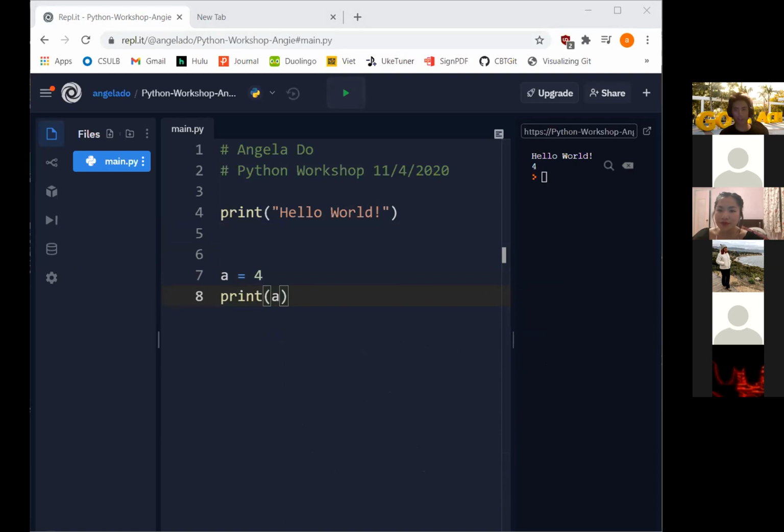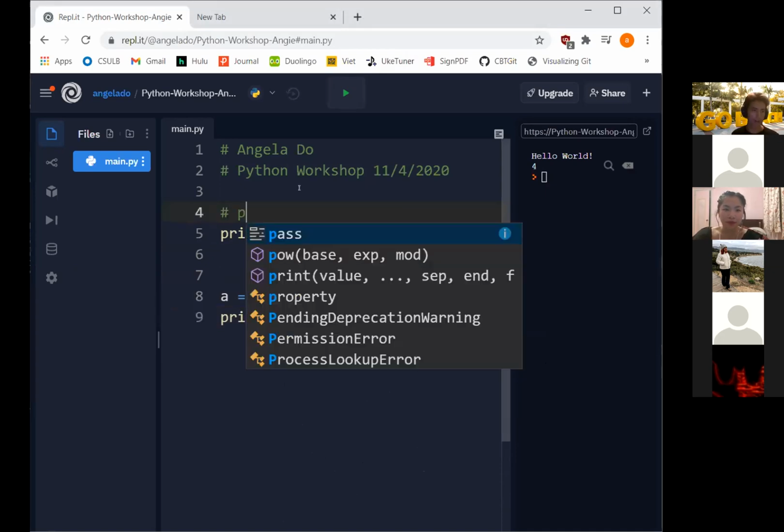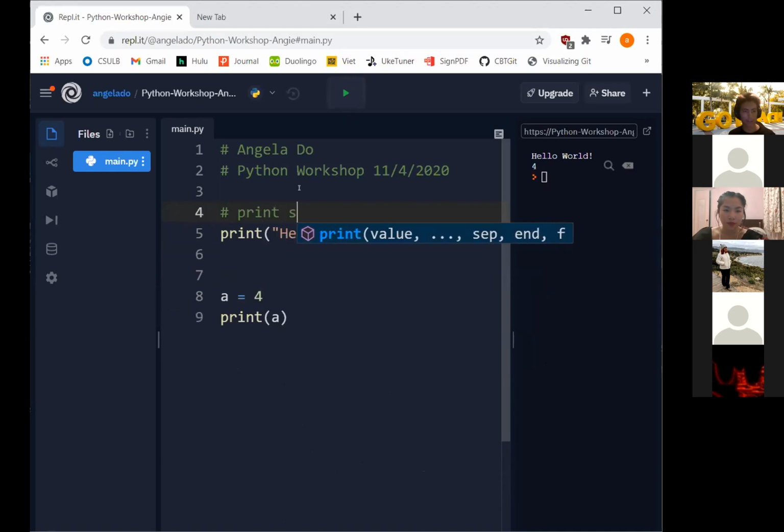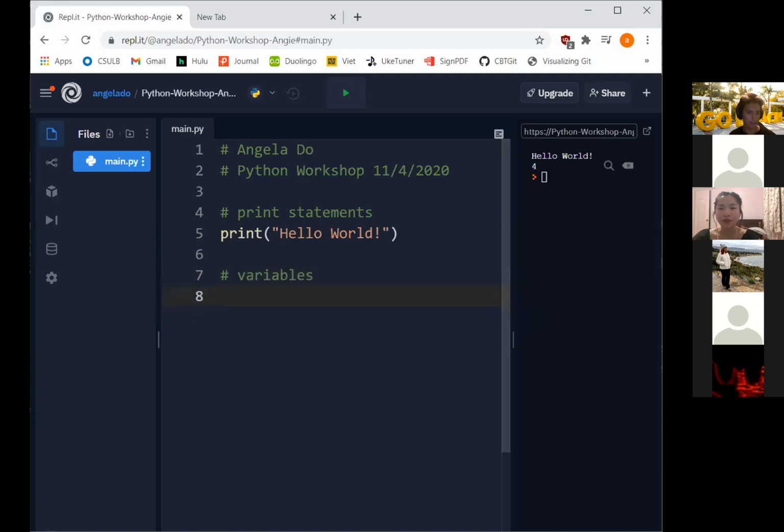In programming, you mainly want to mess with variables. You're not really going to want to do any hard coding like that. But I guess we can go to variables then. Okay, so print statements and then variables. There are a lot of different types. Like you said, in Python you don't have to specify, there's strings, ints,